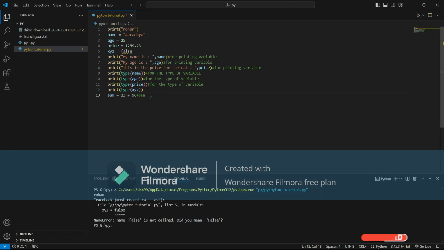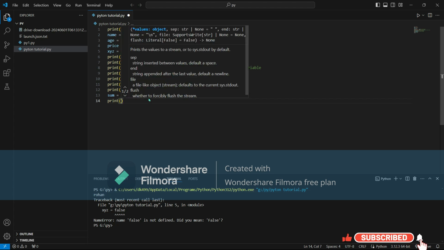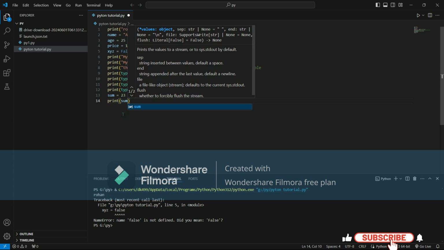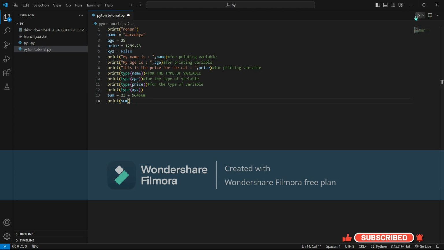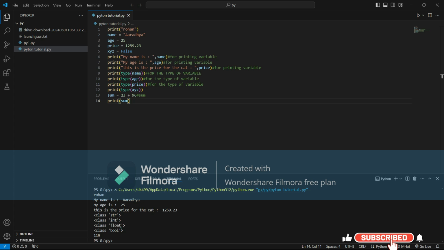It will not print because I haven't written print. I must correct this. I have written print and write sum. Then again print it after deleting. As you can see, the answer is 119.